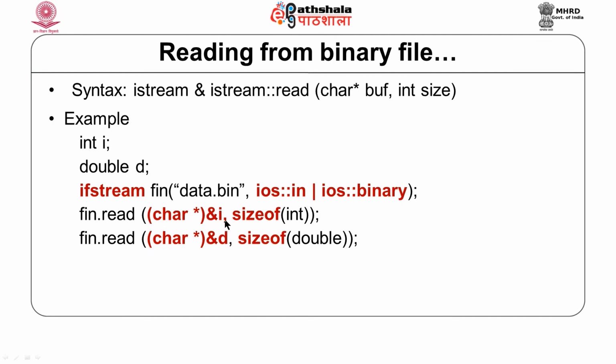Just like in case of write, the first is the address in the memory where the data is to be stored. So, it is converted into char star and how many bytes are to be read and